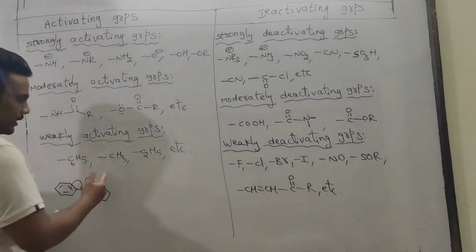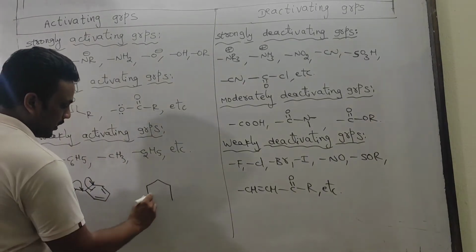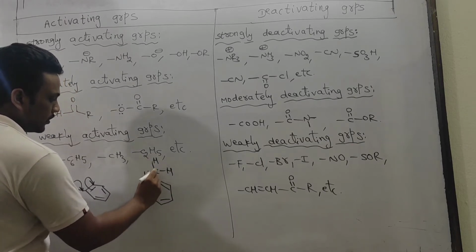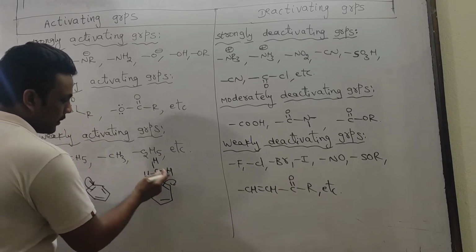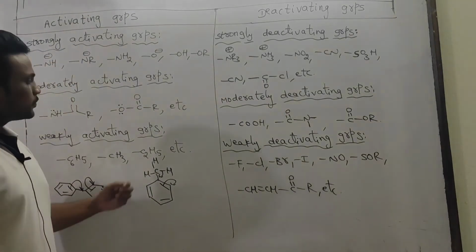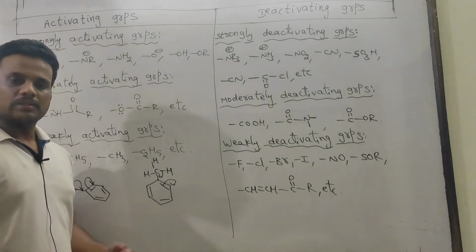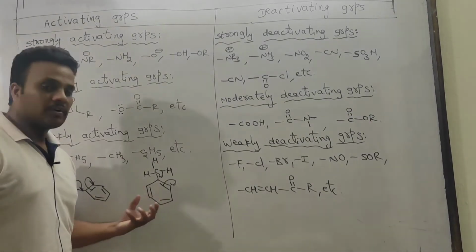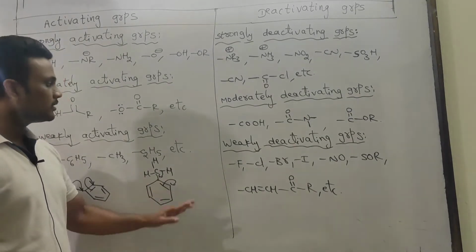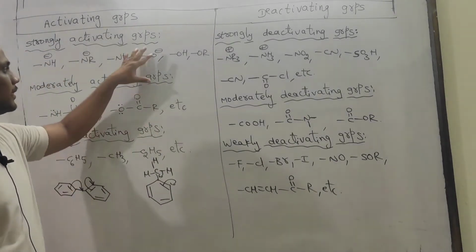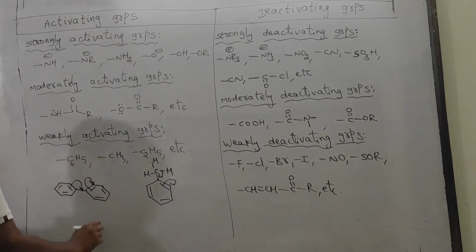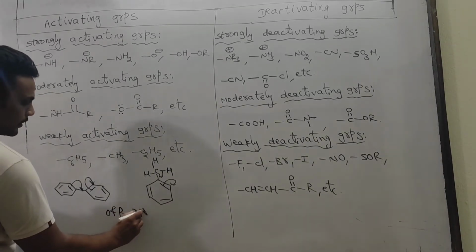Alkyl groups we already know well from hyperconjugation. By hyperconjugation they increase the electron density in the benzene ring, but with respect to resonance, hyperconjugation is less effective; the electron donating power of hyperconjugative groups is less than that of resonance groups. So these are weakly activating groups. No doubt all these activating groups are ortho-para directors.